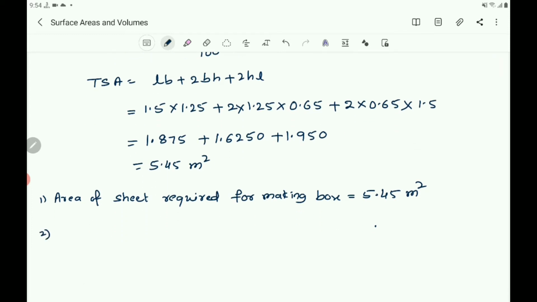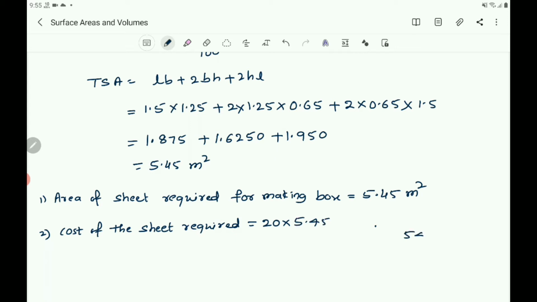Second, sheet measuring 1 m square costs ₹20. Therefore, sheet measuring 5.45 m square costs, so you take the cost of the sheet required. Sheet required equals, you write how much? 20 into